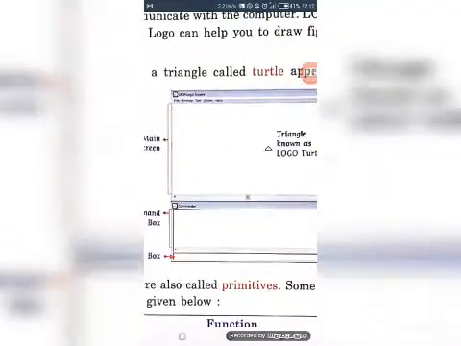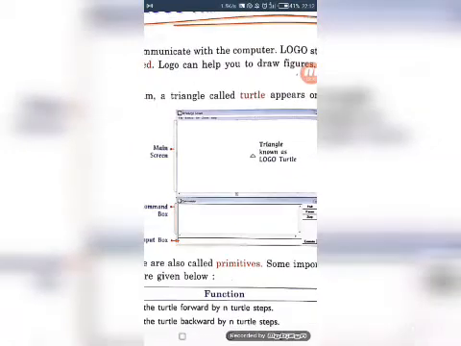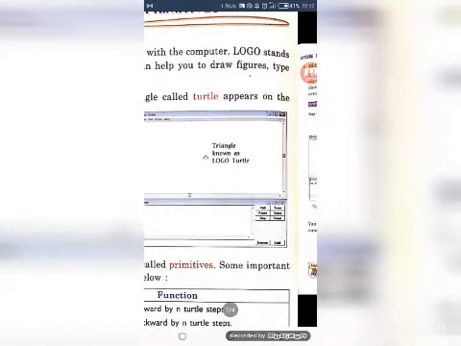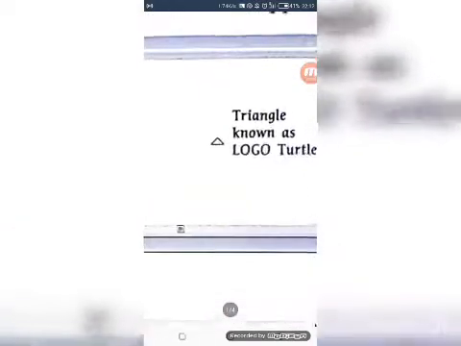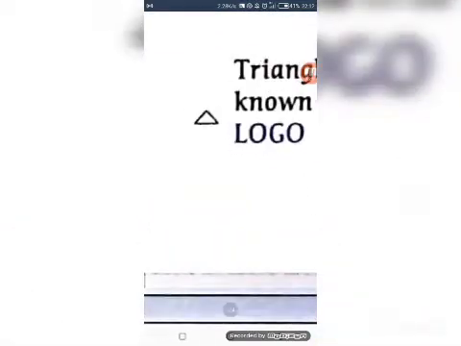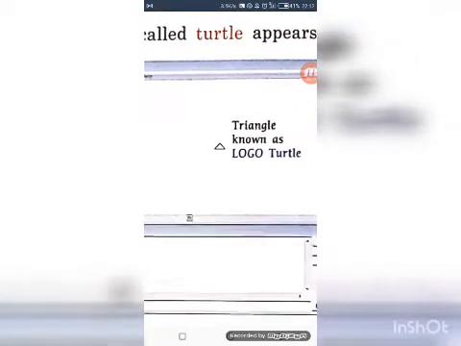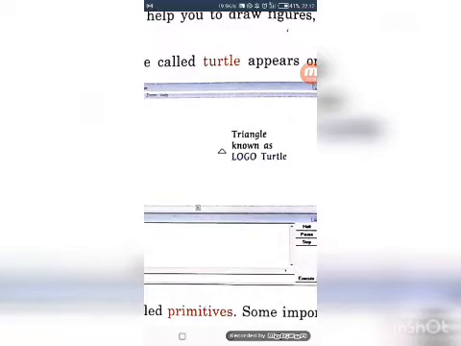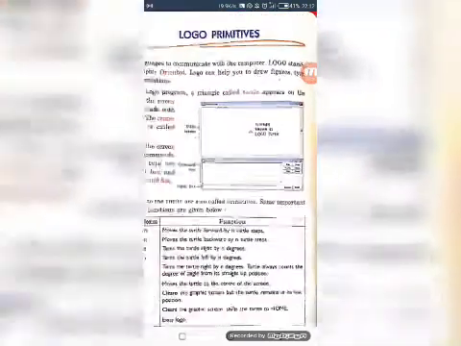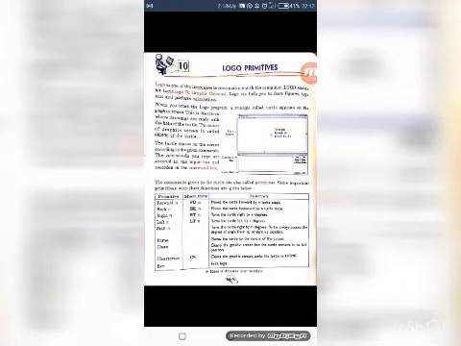As you can see, this kind of screen will appear. So this triangle is known as logo turtle. With the help of this turtle, we make the shapes.